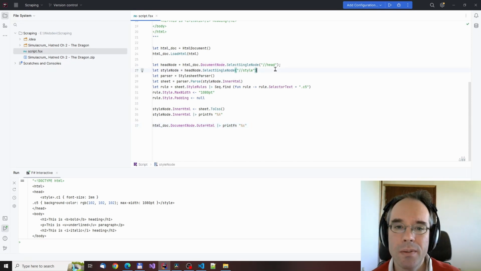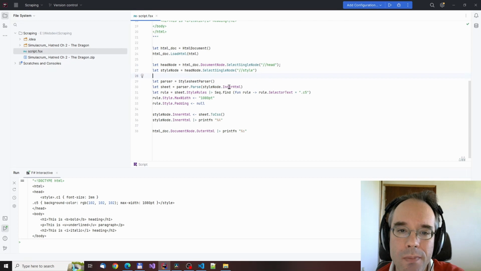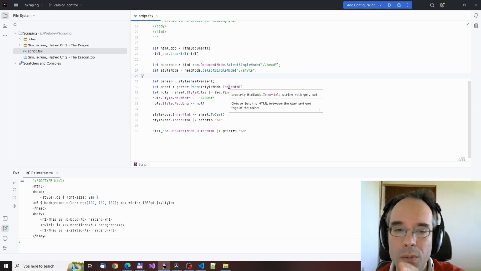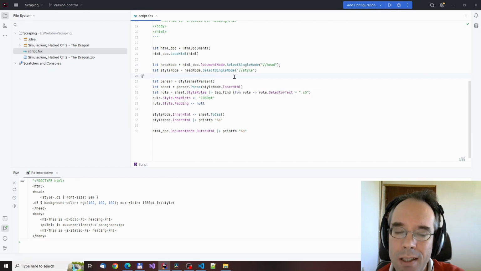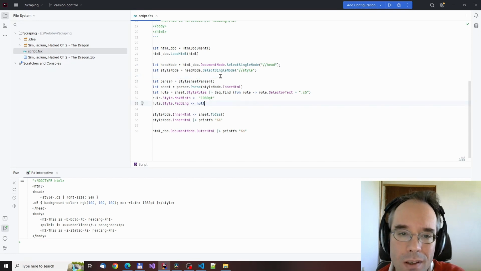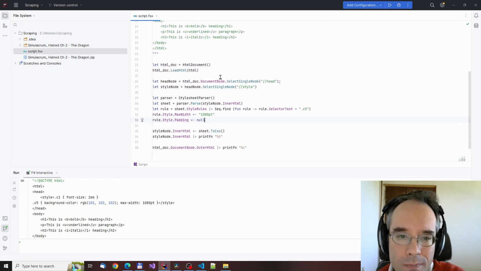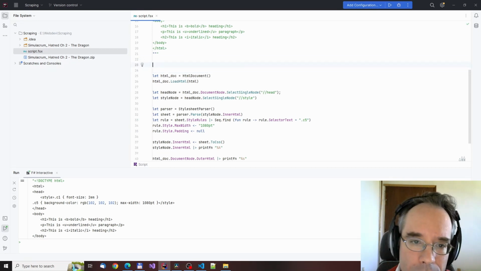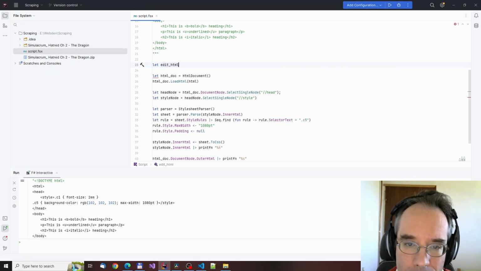I'm honestly really happy with this kind of solution, because compared to a primitive replace, this will work for any kind of document. It's not so sensitive to the specific form of the string in the downloaded HTML. And now what we have to do, we'll put all this in a function. Let edit HTML, and we'll